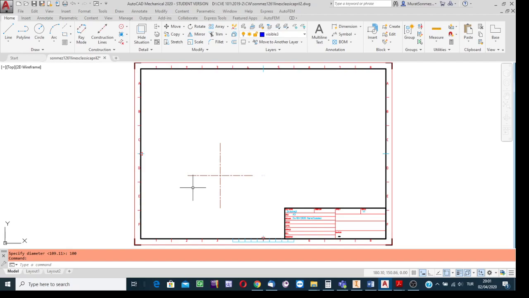And sure, these have been created in the axis layer. The line type is as it is configured for the axis layer, say thin line with long dash, short dash. Okay. And then